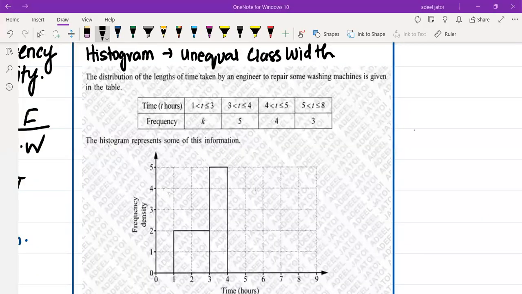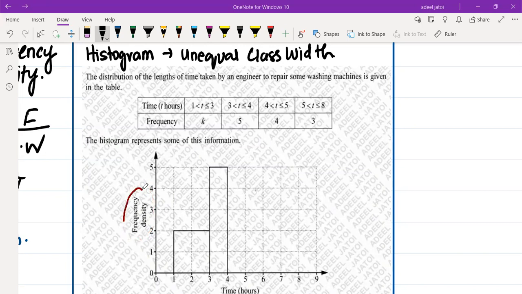Now let's work on a histogram unequal class width example question. The question says the distribution of the length of time taken by the engineer to repair some washing machines is given in the table. Now you need to again look at the class width. First things first, since the question itself says it depends upon frequency density,